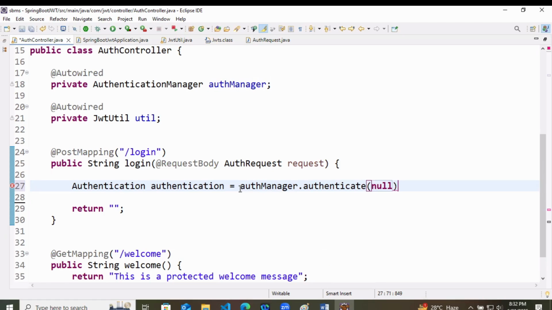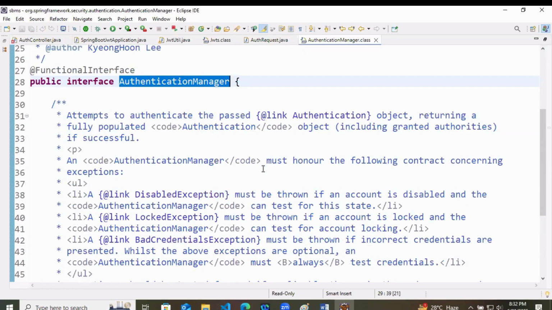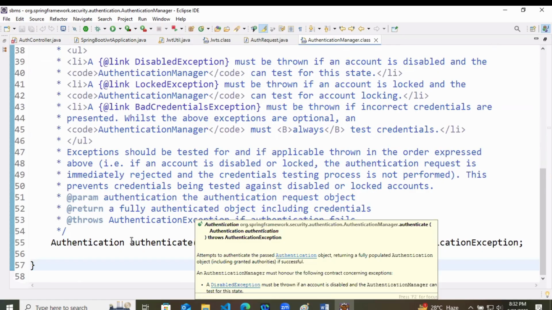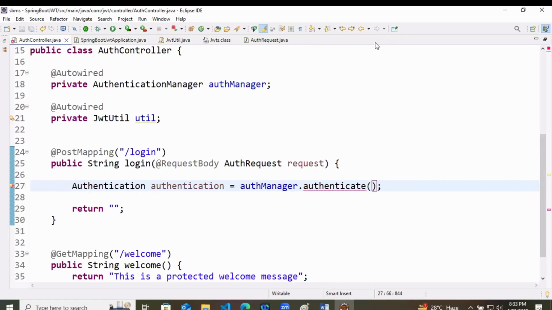So simple. Now what we will do inside this authenticate, check how many things it actually takes. This authenticate method takes the object of Authentication, means you have to provide the state of a user inside this.